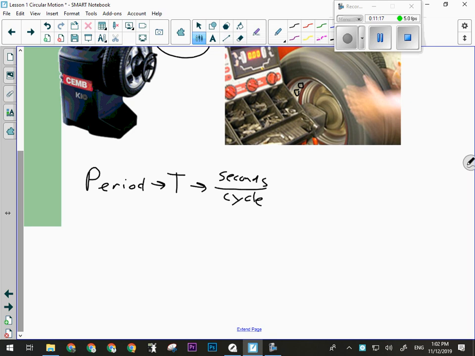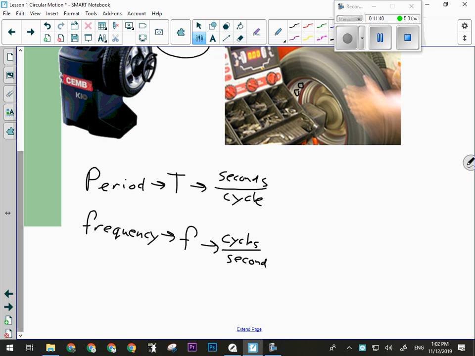This is the time for one cycle of the object, whatever it happens to be. The inverse of period is frequency. Frequency is how often something happens. It's symbolized by a lowercase f, and it is cycles per second,